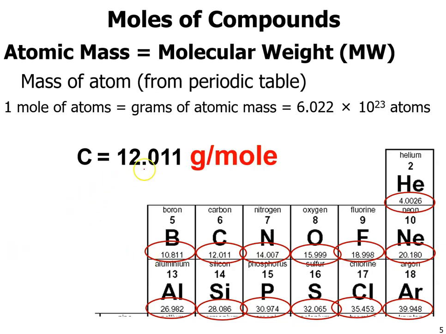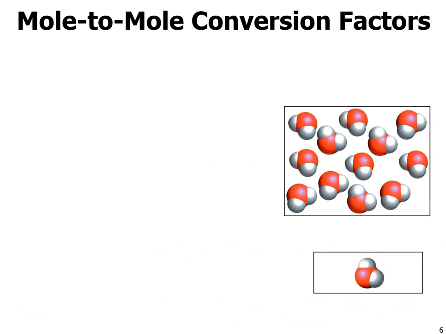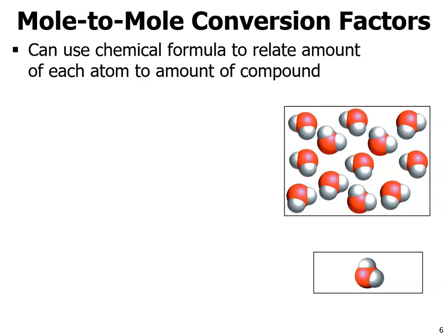So 12.011 grams is equal to a mole. This is our conversion factor that we're going to be using. And we're going to use all of these conversion factors on the periodic table to start solving problems. So we can use this idea that the chemical formula is going to relate that amount, and we can relate it to a single atom or single molecule,